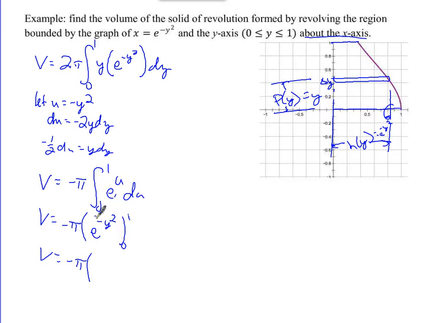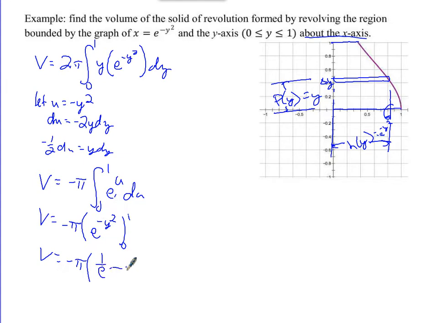So this is a negative what? No. It's a negative 1 times y squared. So the order of operations here says when you substitute that 1 in, it's 1 squared, which is 1. But then times negative 1, which is negative 1. So this is actually e to the negative first power, which is 1 over e,